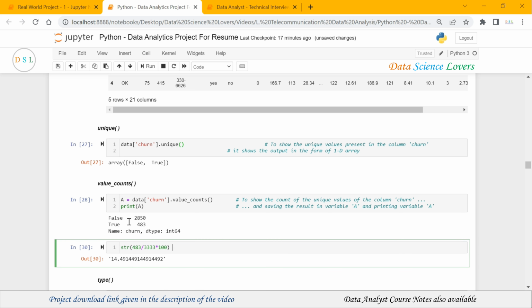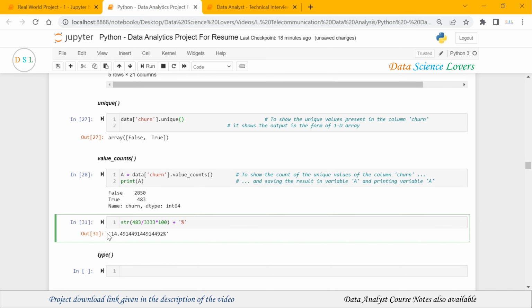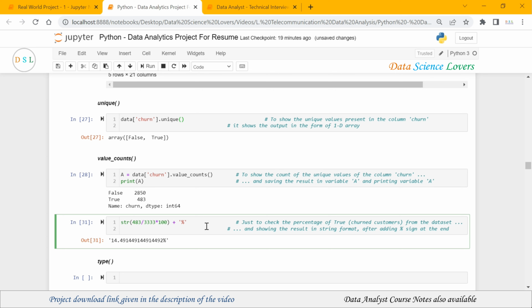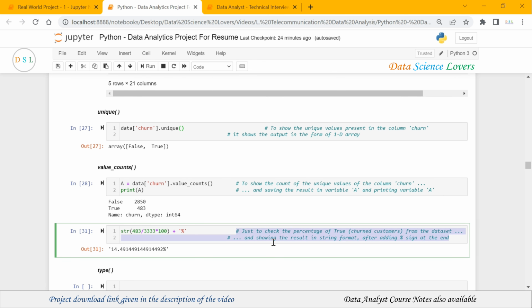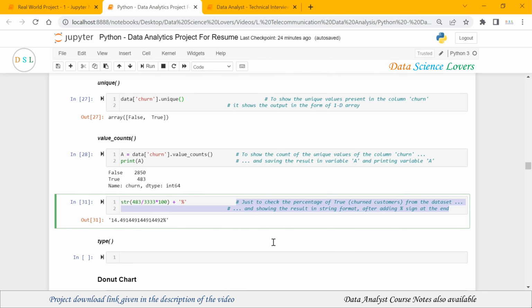We can also add the percentage sign after this value using string concatenation: plus, then quotes, meaning a string, and inside the string we can pass the percentage sign. When I run this, it will show the output like this: 14.49, and at last we have the percentage sign, and this output is in string format. You can read these comments for your understanding.